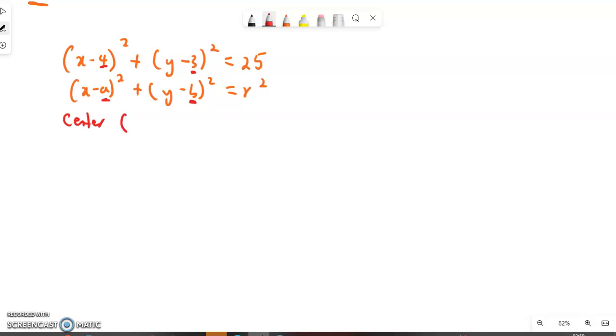The center will be at positive 4 and positive 3. Here we just need to reverse the signs when we are writing the equation. Then our radius, r squared equals 25, so r squared is